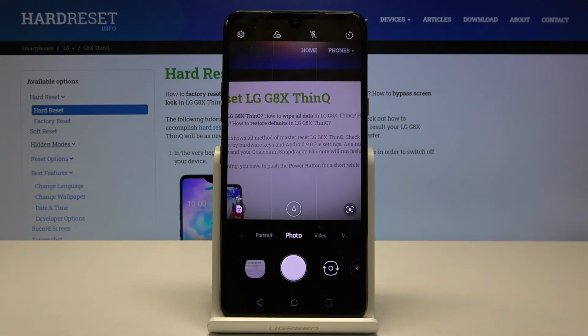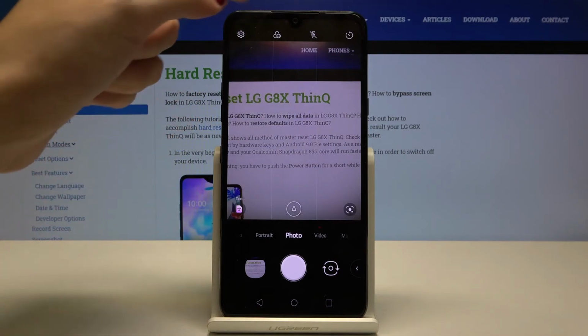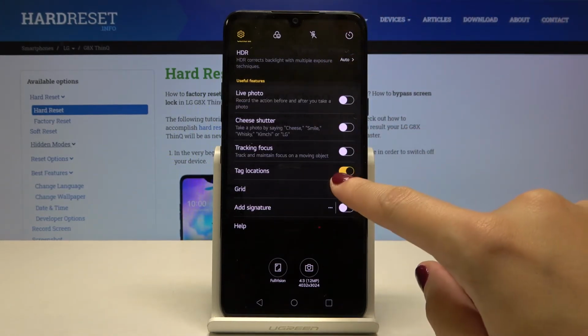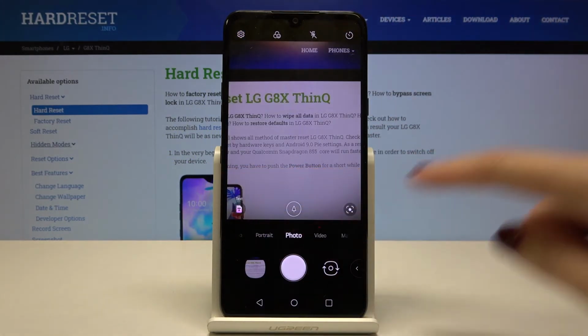And of course, when you don't need this, you go back to the left corner, slide again to the useful features, tap on this. So for now they are gone because this